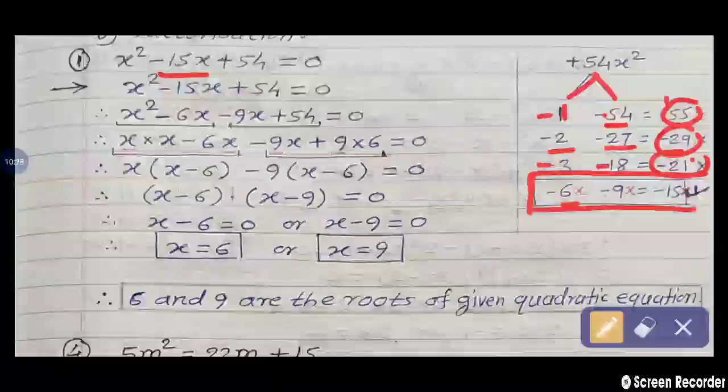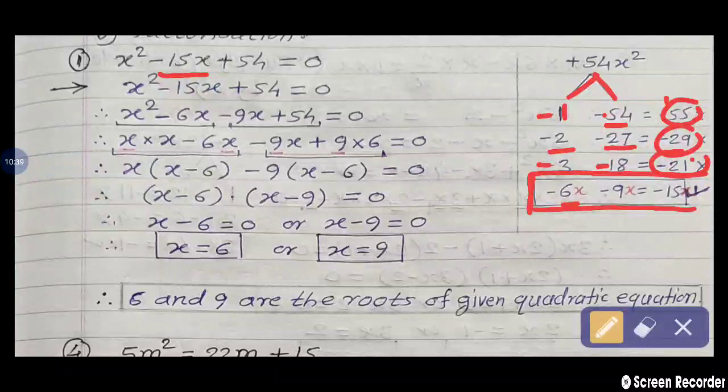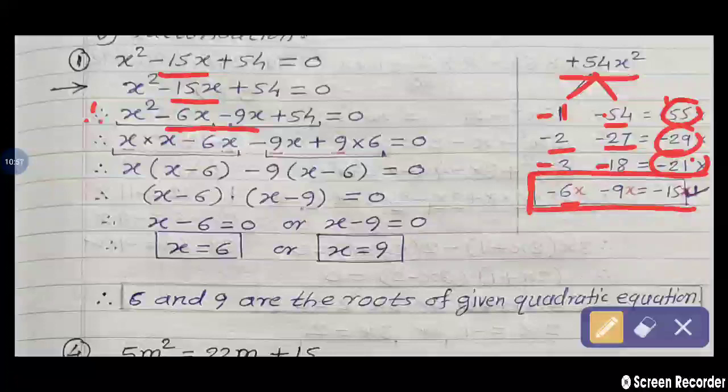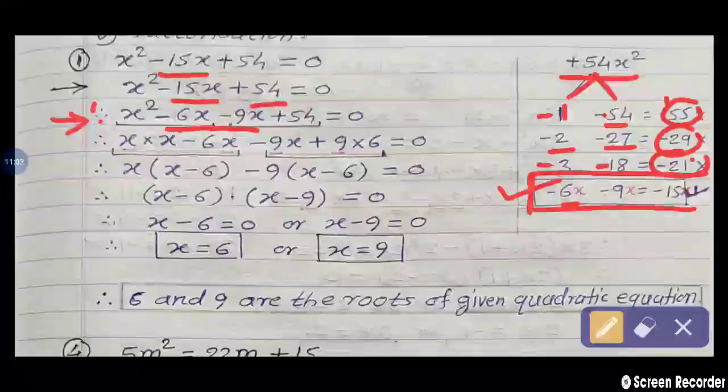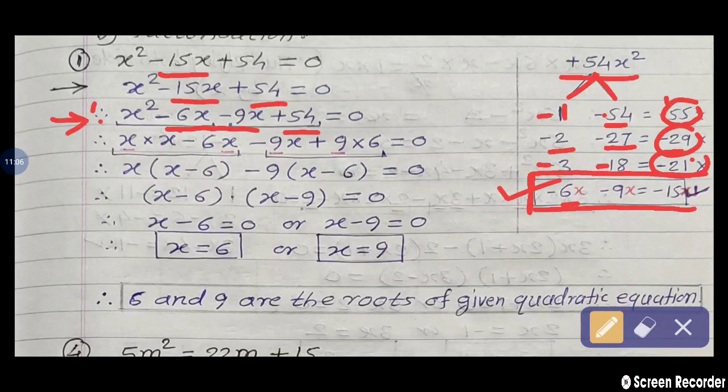And so we are getting the factors here, minus 6x minus 9x, that is equal to minus 15x. And minus 6 multiplied by minus 9x, so we are getting the product what? Plus 54x. So we are splitting the middle term in this way, minus 6x minus 9x. So in the next step we are getting 4 terms. x square, check in this step. x square, the middle term split as per our factorization, minus 6x minus 9x, and the last third term 54 remains as it is, equal to 0.